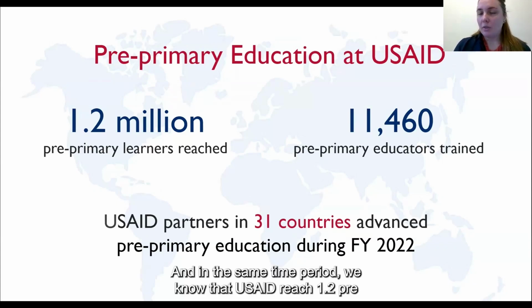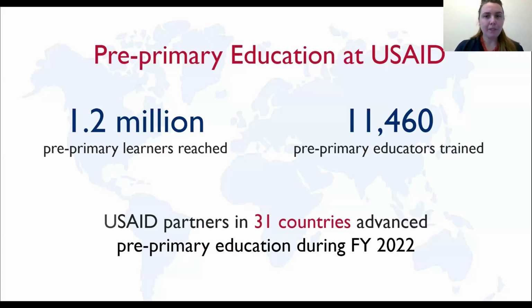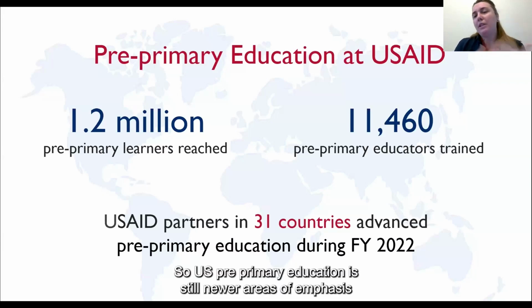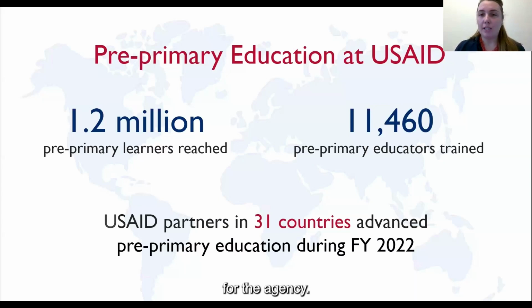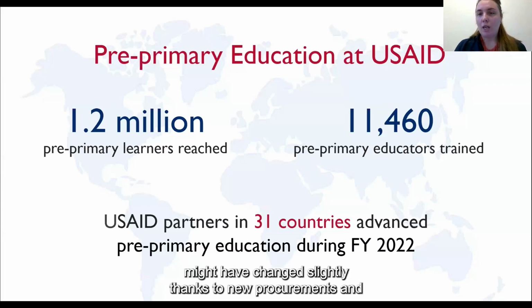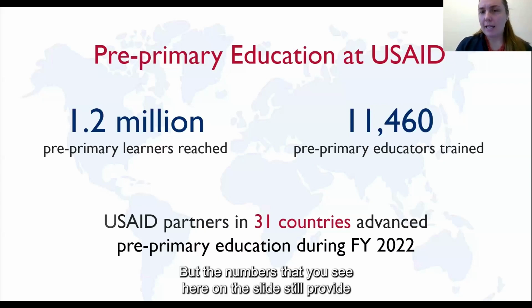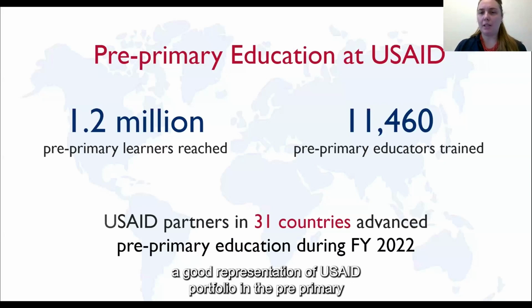And in the same time period, we know that USAID reached 1.2 million pre-primary learners and helped train more than 11,000 educators. So pre-primary education is still a newer area of emphasis for the agency, but we also know that since fiscal year 2022, the numbers might have changed slightly thanks to new procurements and new activities. But the numbers that you see here on the slide still provide a good representation of USAID's portfolio in the